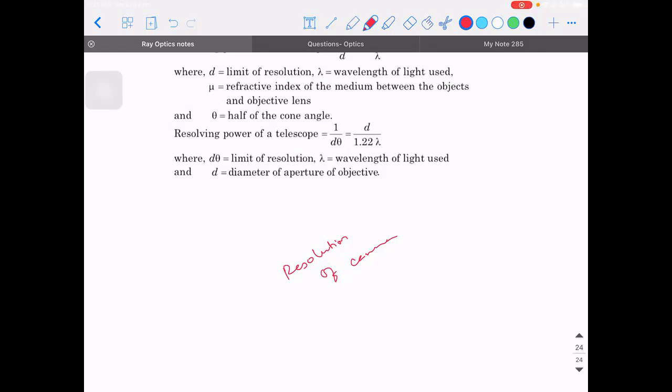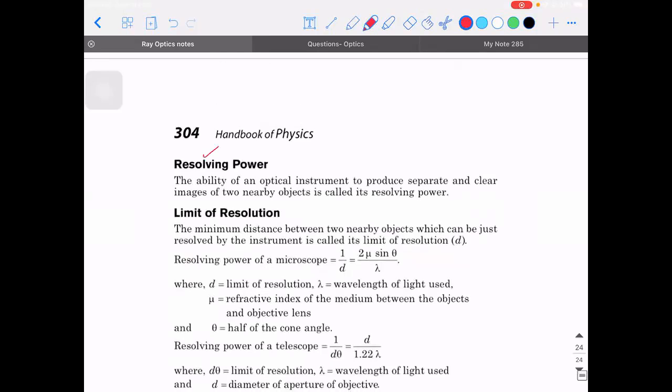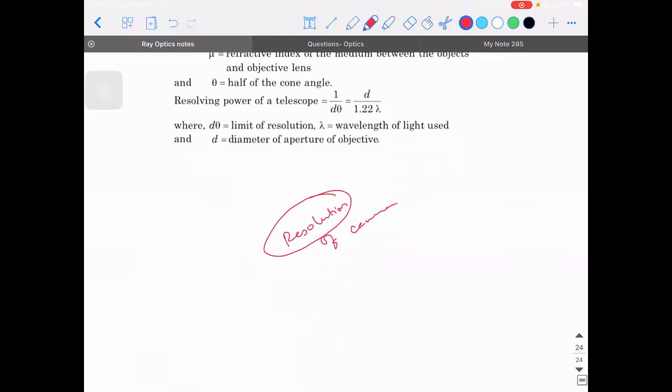The same concept of resolution gives rise to this name, resolving power. Let me explain what it is. I'll give you a question like this. I have a 10 megapixel camera and I have a 30 megapixel camera. Which one is going to have better resolution? Ten megapixel or 30 megapixel? Logically, 30. Why are we saying that?